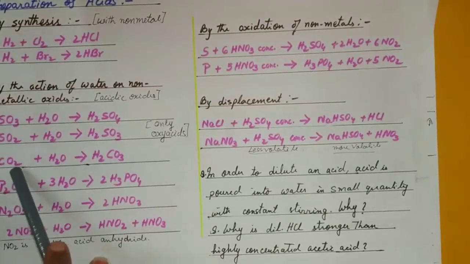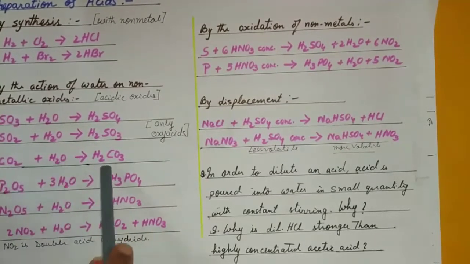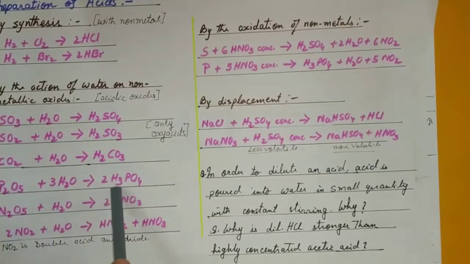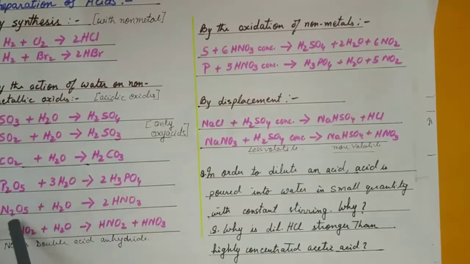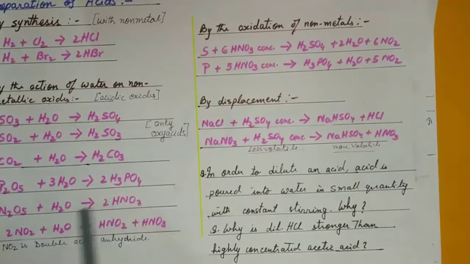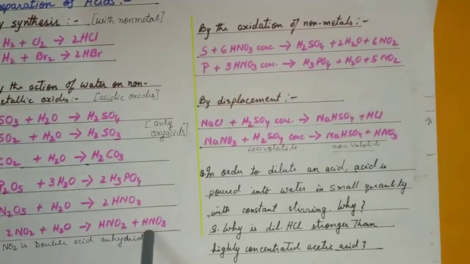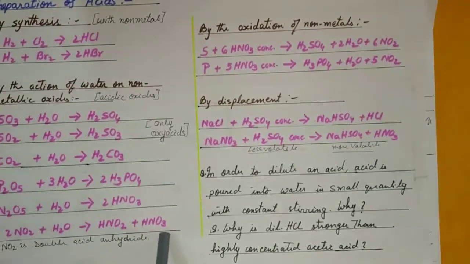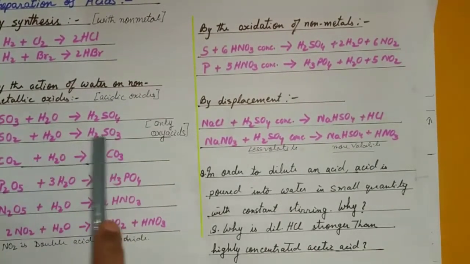Coming back, carbon dioxide with water will give you carbonic acid. Phosphorus pentoxide with water will give you phosphoric acid. Nitrogen pentoxide with water will give you nitric acid, but nitrogen dioxide with water will give both the acids, nitrous acid and nitric acid. So when we are talking about acid anhydride,